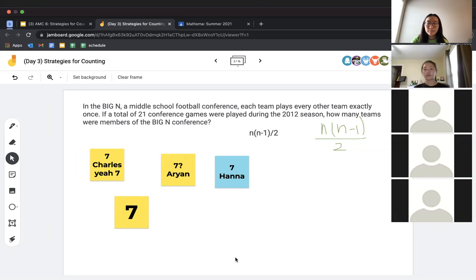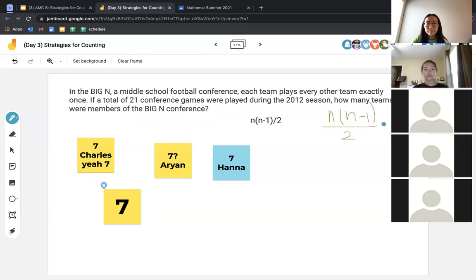So basically I used the formula, I did it backwards. So it would be 21 times 2, which is 42. So it's now n times n minus 1. And I know that 7 times 6 is 42, and 6 is 1 less than 7, so I knew it's 7. Yeah, that's perfect. So you multiply both sides by 2, and then you think about the multiples of